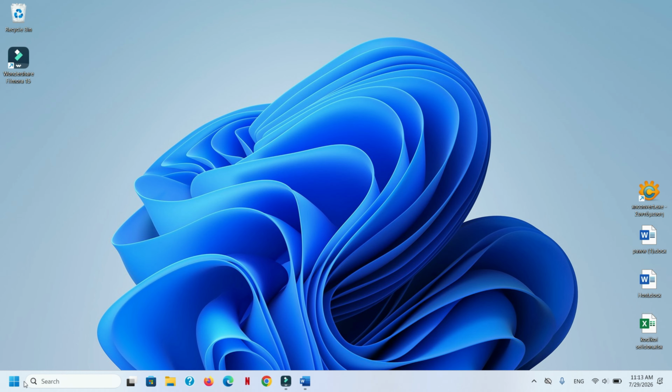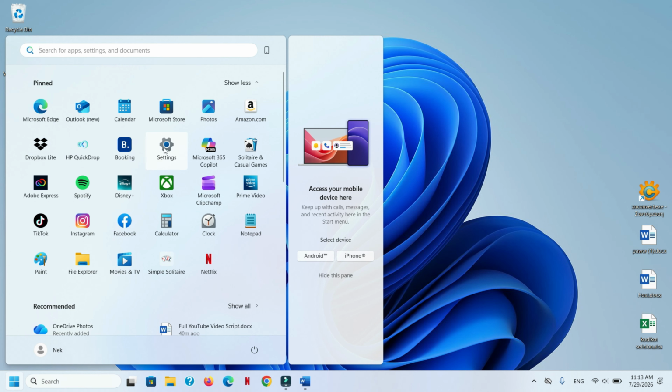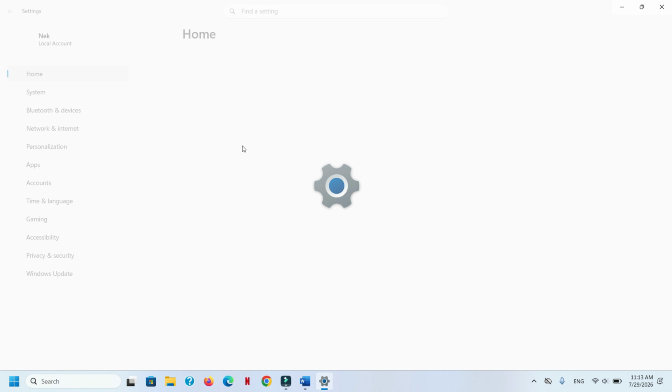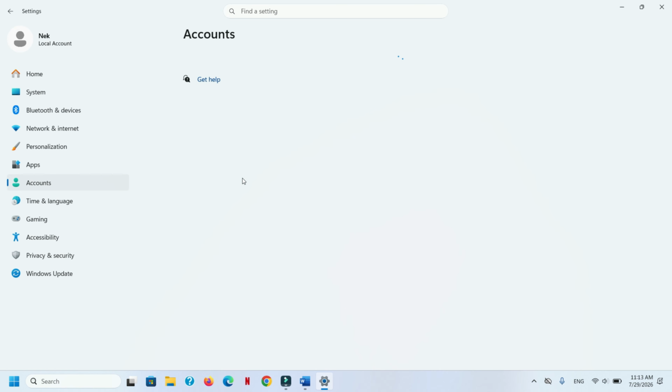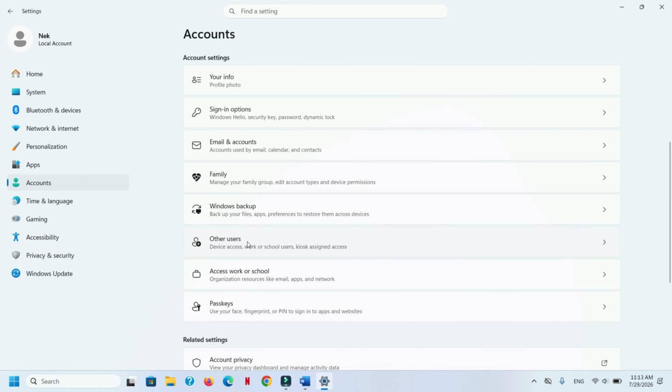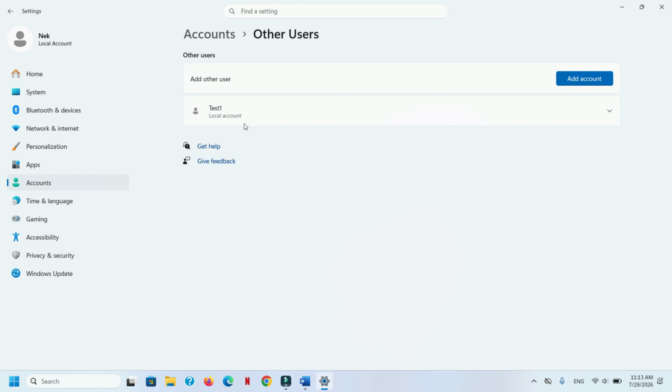You have to go to Settings again, Accounts, scroll down to Other Users, and here you will find the user we created before, with username test1. If you press the arrow here, there are two options.